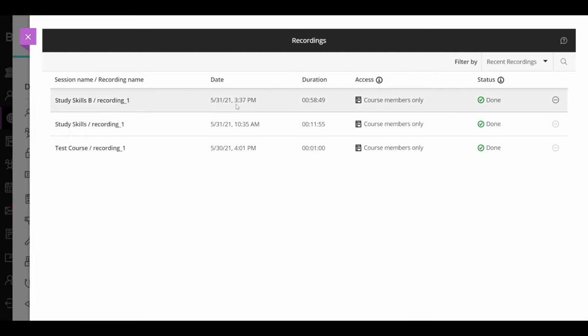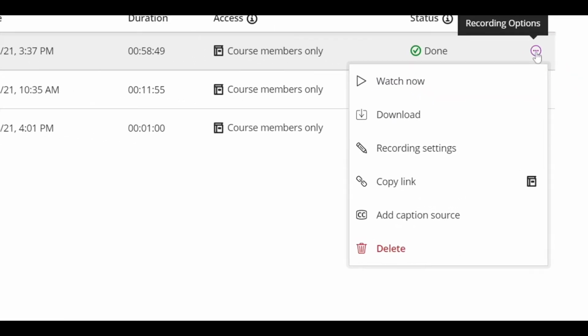You can see the date that they were recorded, the duration, and who has access to it, which by default is always course members only. So you don't need to worry about privacy. If you click on the 3 dots on the right, you can watch now. You can also download it. Now, please note that students are not able to download it unless you have specifically said they can, but you can download it as an instructor